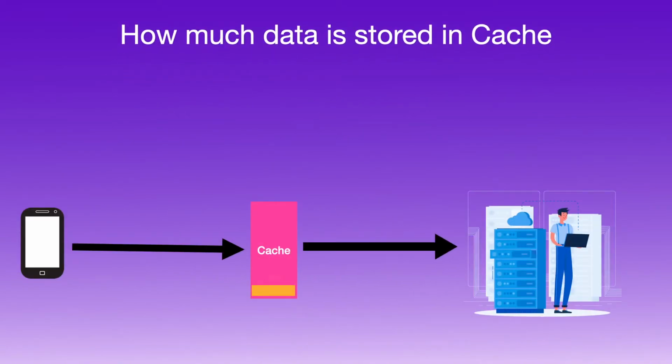When we store any data in the cache, the data is stored in the memory. And as we know, memory is a very costly resource. If we keep on storing data in the memory, we will end up exhausting the memory. At that time, we have to free up memory by removing data from the memory, and this can be done using a cache eviction policy. We can use first in first out eviction policy, last in first out eviction policy, least recently used eviction policy, and there are a lot of cache eviction policies to choose from.